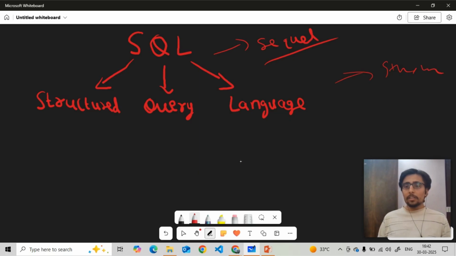It only speaks the language of relational databases, like how we speak English, right? Whatever language you speak apart from English. So the relational database will only understand the SQL language, right? Like how you understand some languages, the same way the computer speaks some language. The relational database will understand the language of SQL, and with the help of that,